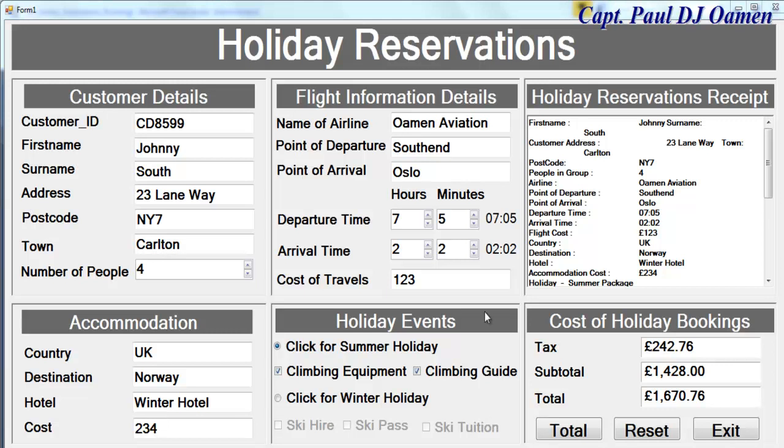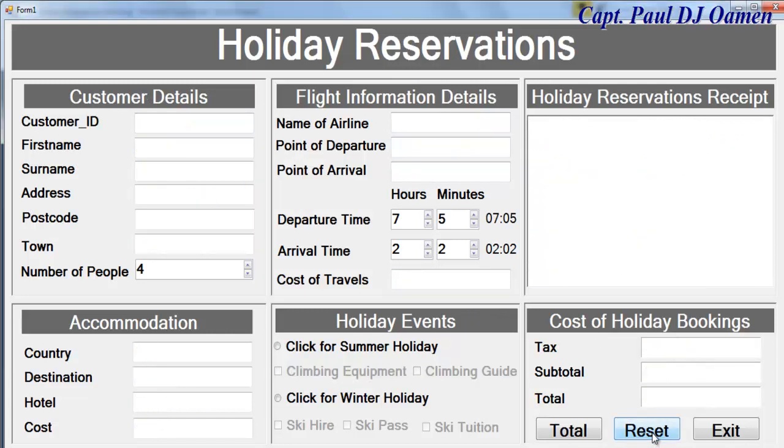Hi, welcome to my holiday reservation system developed in Visual Basic using object-oriented technique. So let me show you guys how this works. First of all, let's click on reset. There we go. And we can always exit